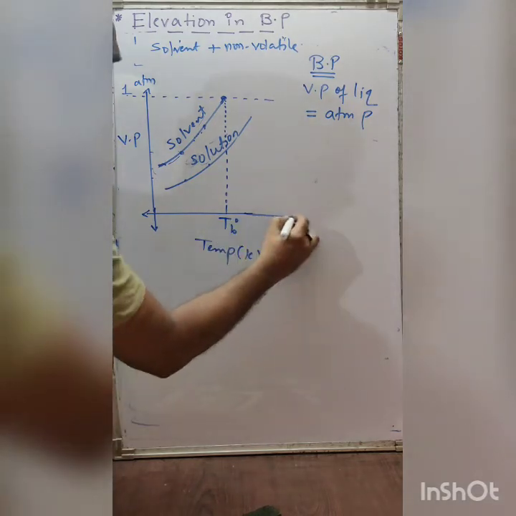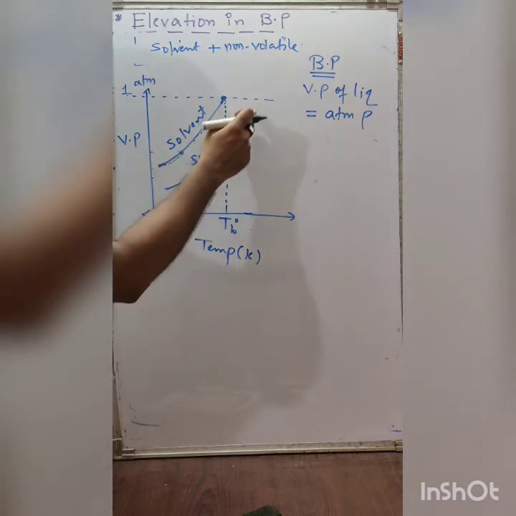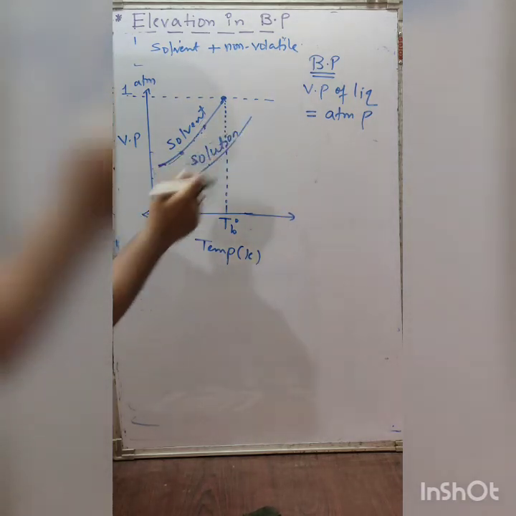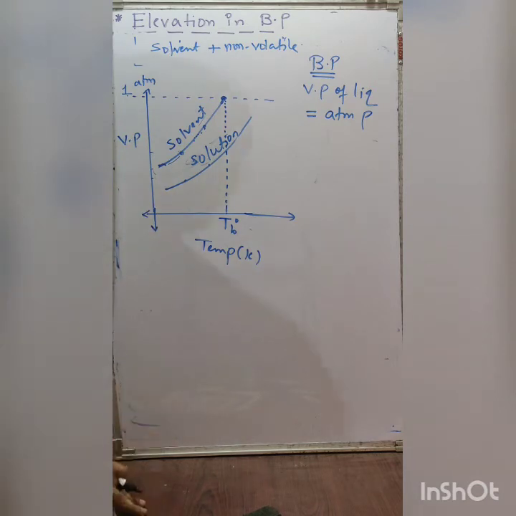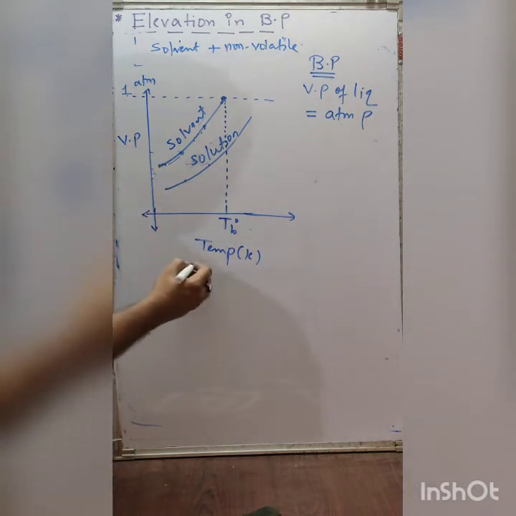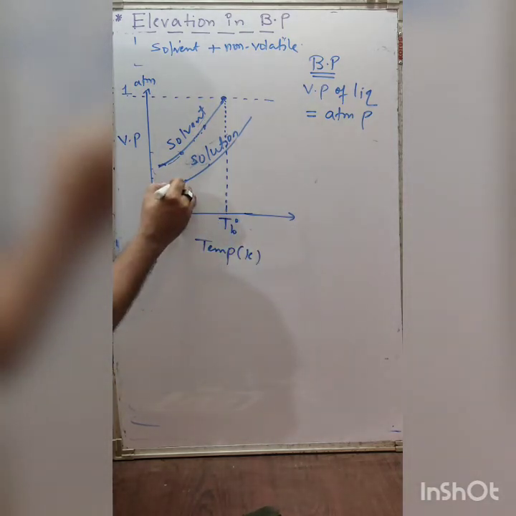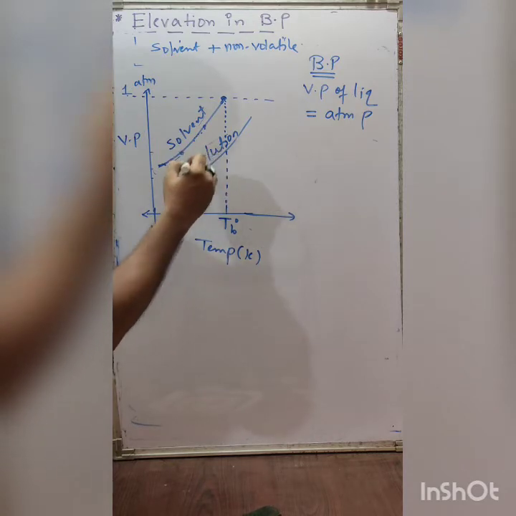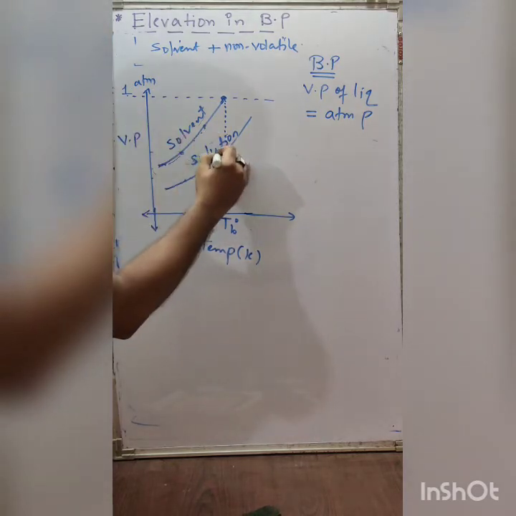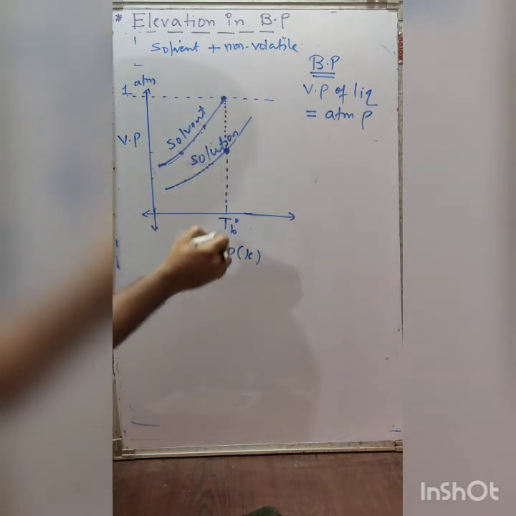Now, in this volatile solvent, I added a non-volatile solid, which is the formation of the solution here. Now what happened to the vapor pressure? It decreases. So I want to boil the solution. So once again temperature हम क्या करेंगे? Increase करेंगे. I increase the temperature. The vapor pressure of the solution increases. It goes on increasing, reaches this point. But at this point, what is boiling here? Solvent. So at this point the solvent boil हो रहा है.